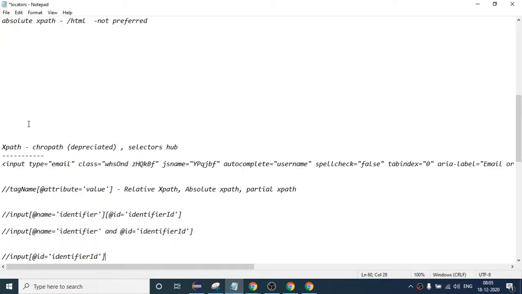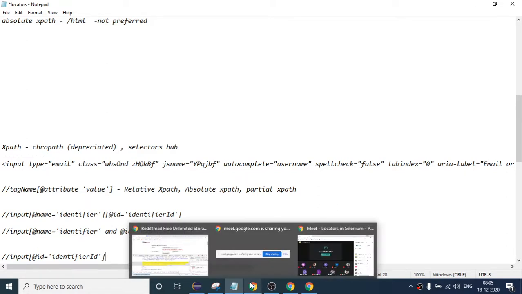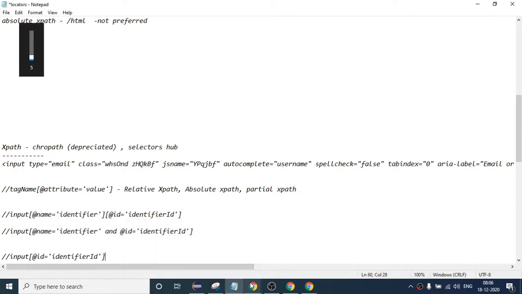For contains, we can use contains only. Instead of starts, we can catch the element by using this contains text syntax. What I am asking, we are using the two syntax, right?